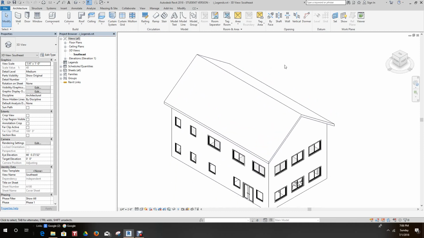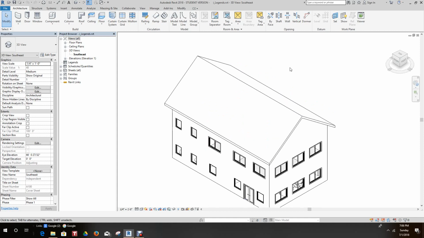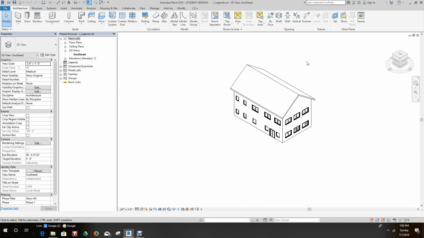We're going to look at legends in this exercise. Sorry about my speaker noise there. We're going to borrow this model from Elise Moss, an Autodesk certified instructor, and her certification exam guide. We're going to look at legends here. So the first thing we want to do in this exercise is